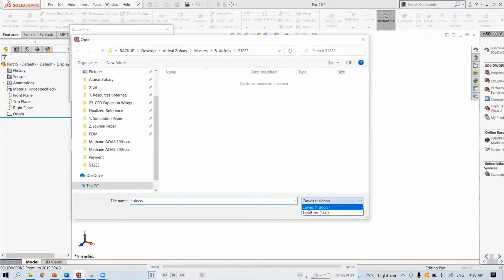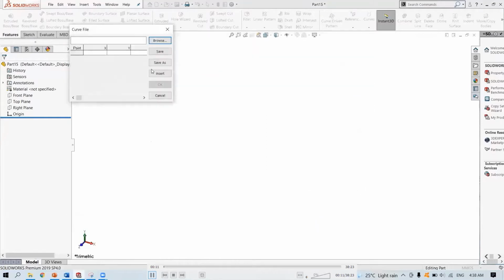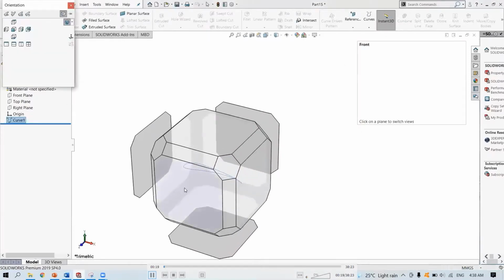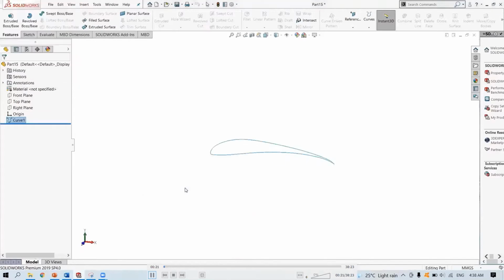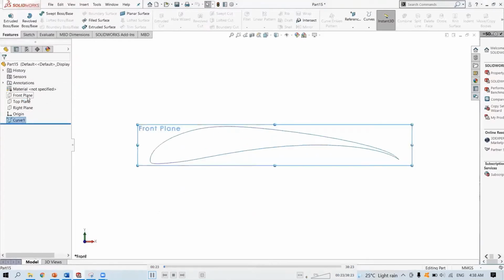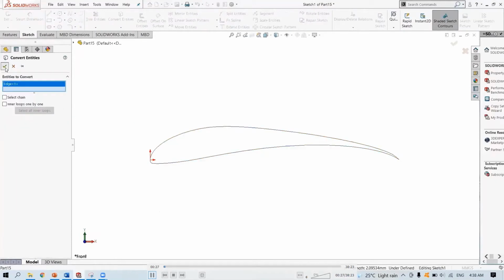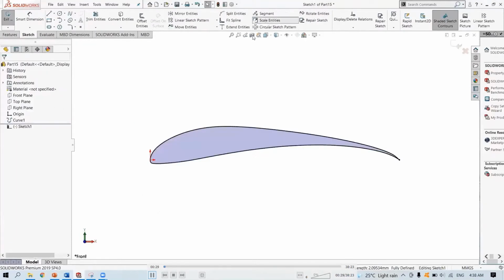Okay, let's just import the coordinates text file. I guess we already know how to convert the coordinates. Spacebar, front plane. Just convert entities and scale it up.